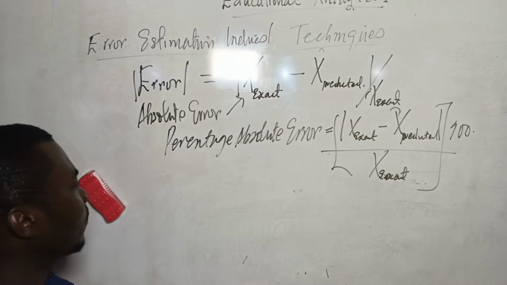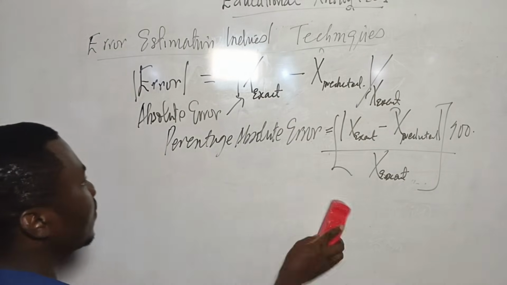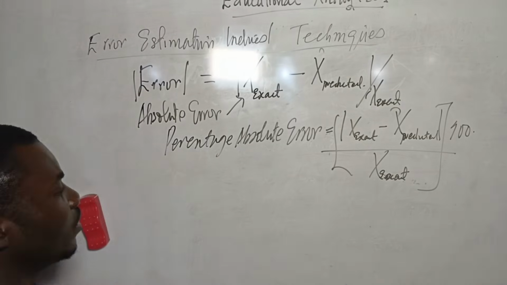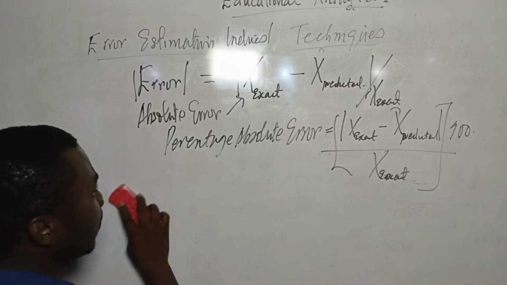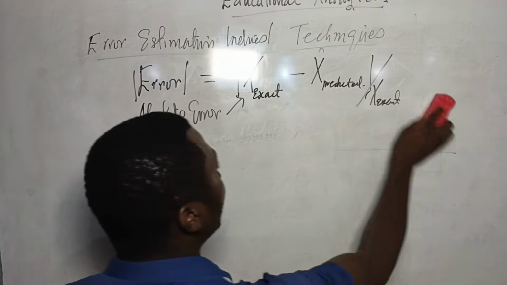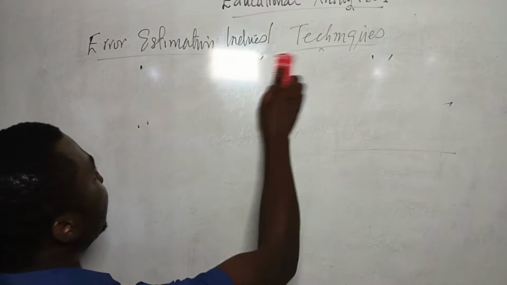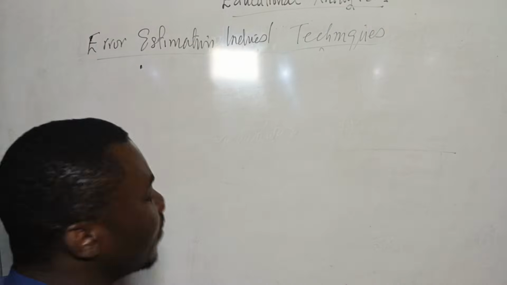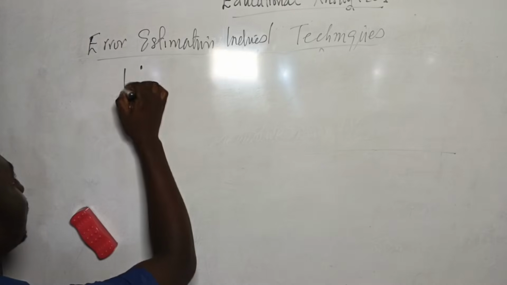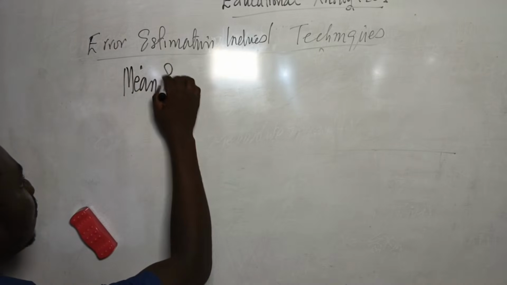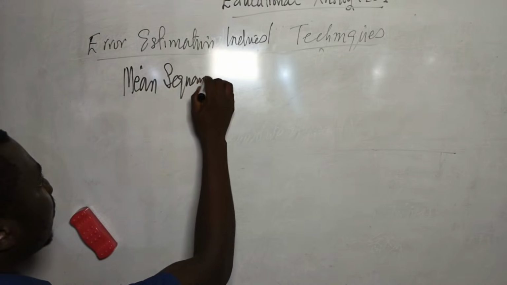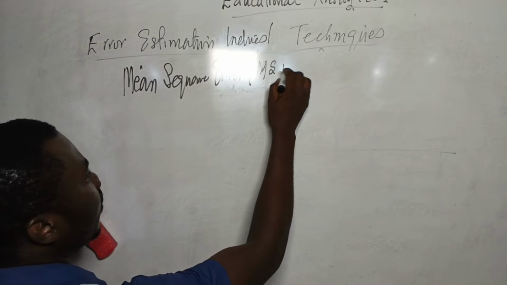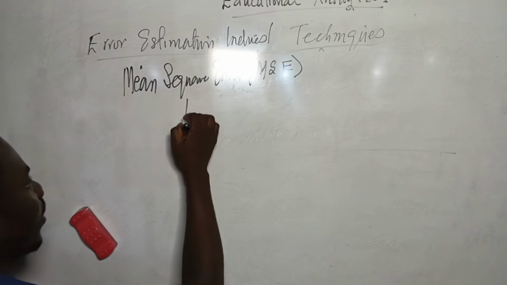So this happened in scientific measurements, and we also have the similar scenario in educational analytics and measurement as well. So the first estimation index that we are going to consider is the mean square error. The mean square error